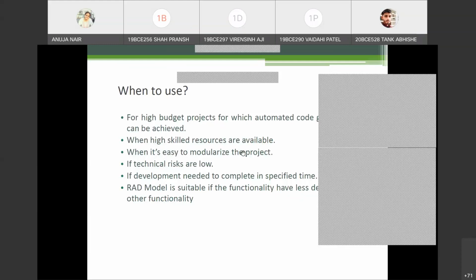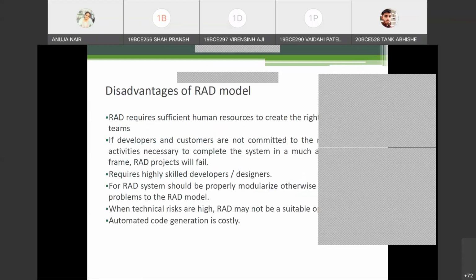And of course highly skilled resources, whether it be human resources or system resources. The skill of the resources would be very high because you want the work to be done in a very short span of time. आप ऐसा नहीं कर सकते that you teach someone that okay, you need to do this task. You require people who are already skilled, right, in order to do some task. So the RAD model has these two categories: one is high budget projects and second is skilled resources. So this was what we studied till last time, the RAD model.